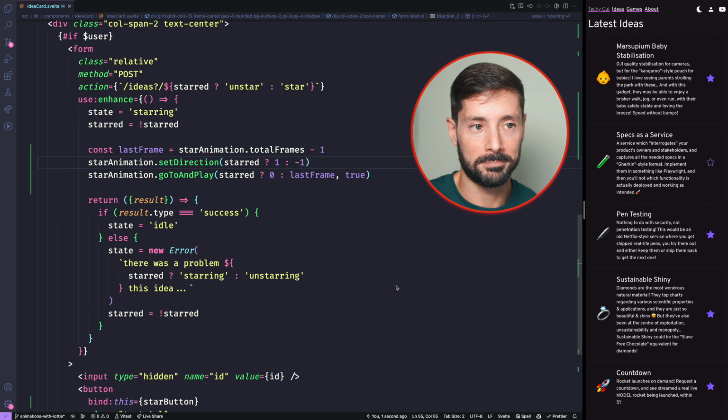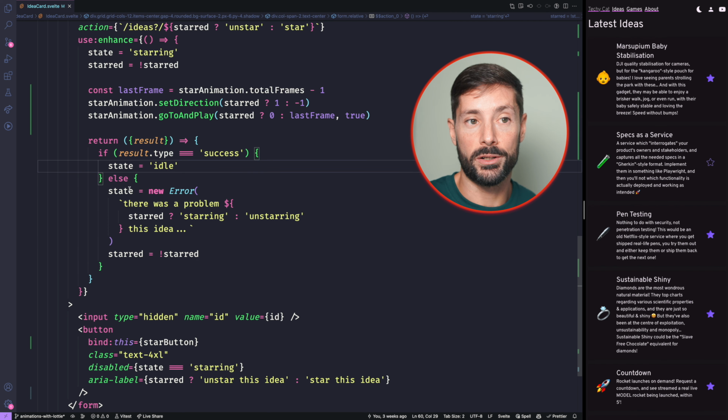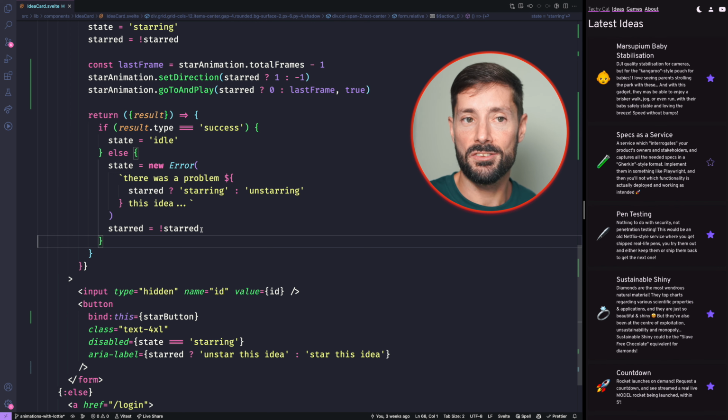One last thing, we mentioned this is an optimistic update. When the server responds, this method will execute, so if we get an error, we revert our starred property. It's a good idea to add a couple lines to goToAndStop to the appropriate frame to keep the visuals matching our state. Now, if we simulate being offline, you can see that the revert is so fast we don't even see anything. If we simulate the server responding with an error after a few seconds, we can see the state